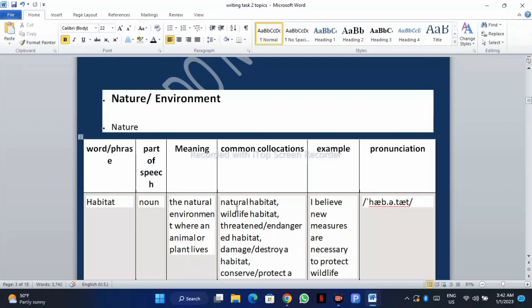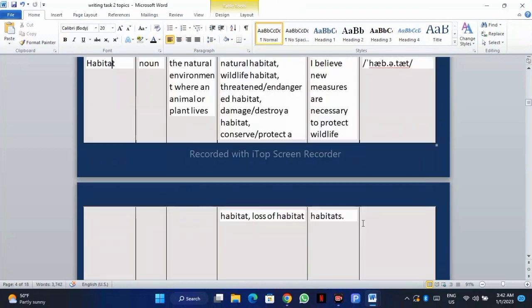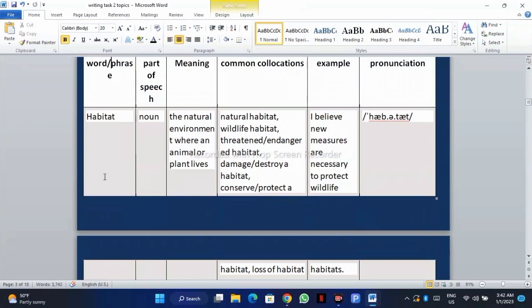For example, natural habitat, wildlife habitat, threatened or endangered habitat, damaged, destroyed habitat. And then you can use that word in a sentence, and then you can write the pronunciation as well. You can see this is a very useful method, and in this way you can prepare almost 10 to 12 or 15 vocabulary words for each topic,